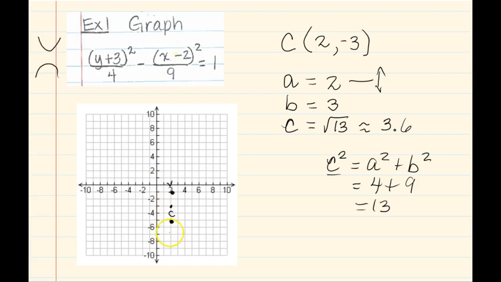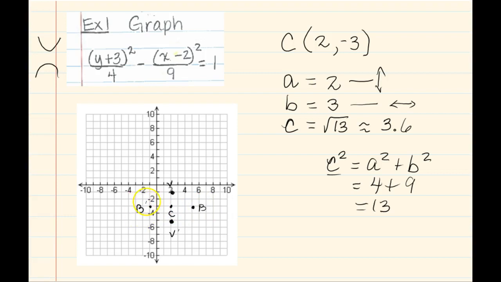Remember, those are our vertex and vertex prime. Then I'm going to go 3 left and right. Again, we can see that the 9 is underneath the x's, so that says to go left and right. So I'm going to go 3 from the center, 1, 2, 3, to find b, and then 1, 2, 3